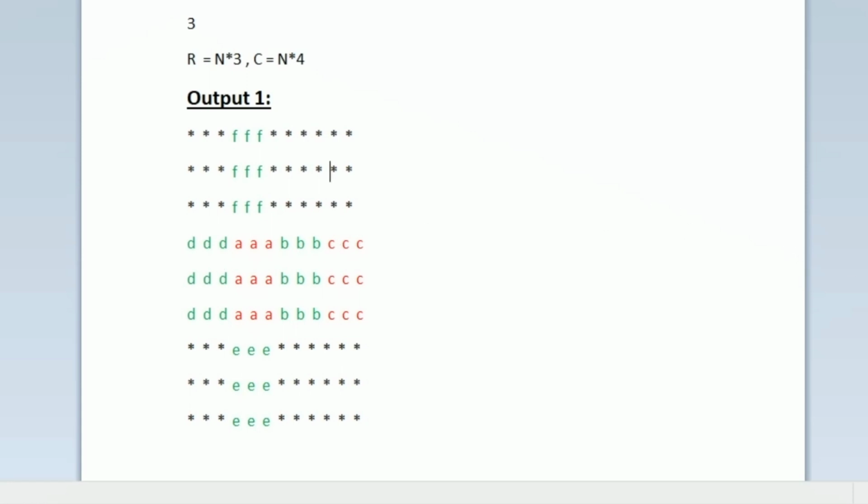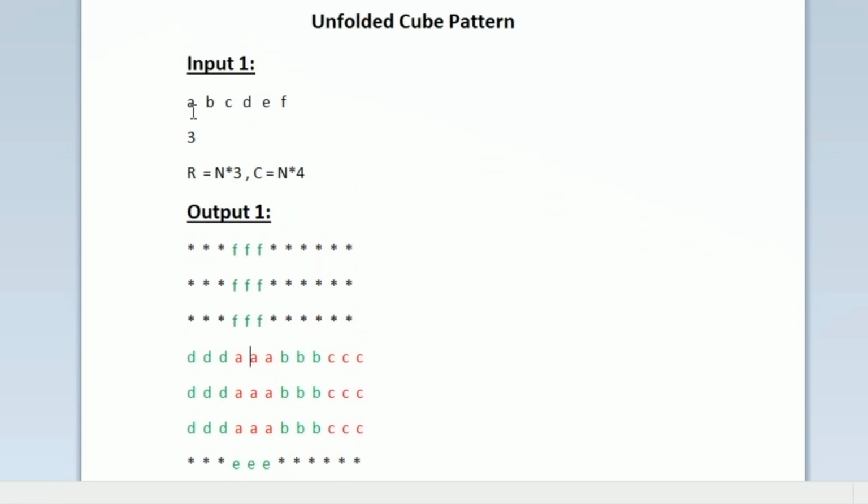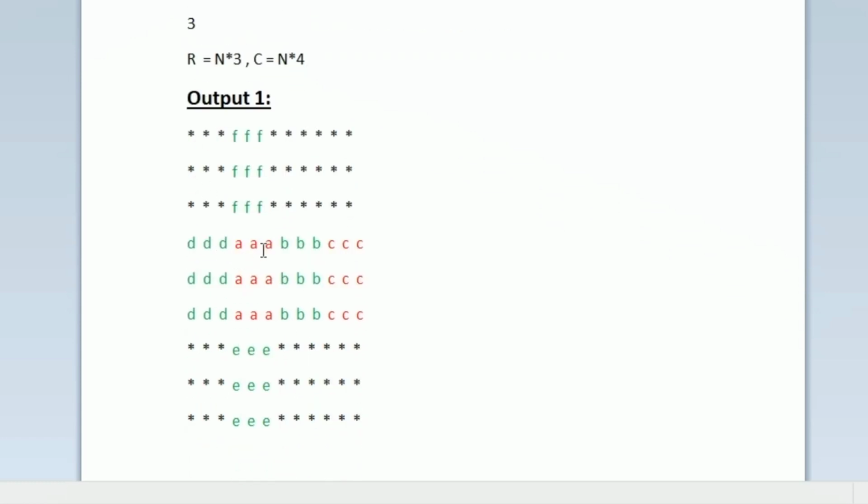And now when we move to the fourth submatrix, it should be filled with the 4th character. So here the 4th character is D. So the 4th submatrix is filled with the character D, and then the 5th submatrix is filled with the character A, which is the first character in our input, which represents the top face. So like this, for every submatrix, we have to take the appropriate character, and if the particular submatrix need not be filled, then we have to fill the submatrix with asterisks.